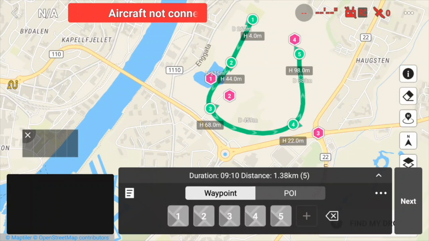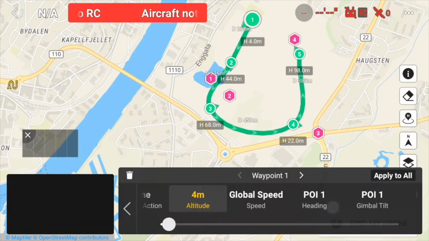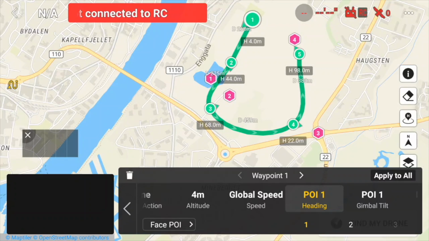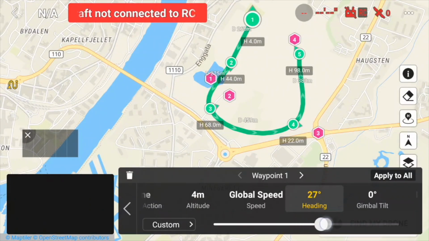Another thing you can do if you don't use point of interest, you can also make the gimbal tilt and the heading for the camera manually here. And you can choose custom and change the heading and tilt.